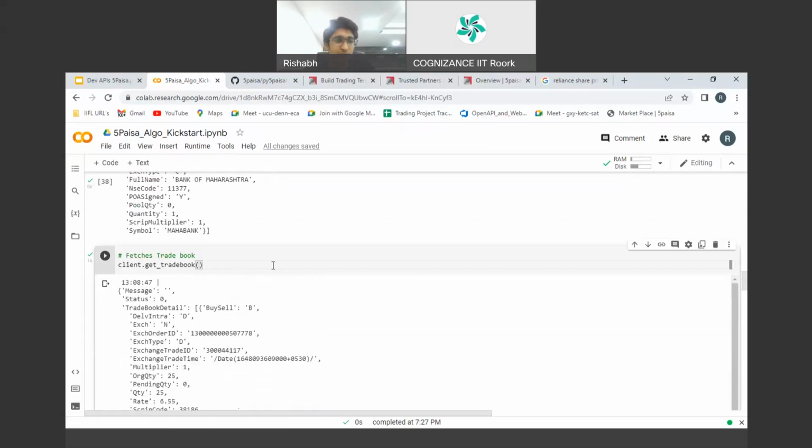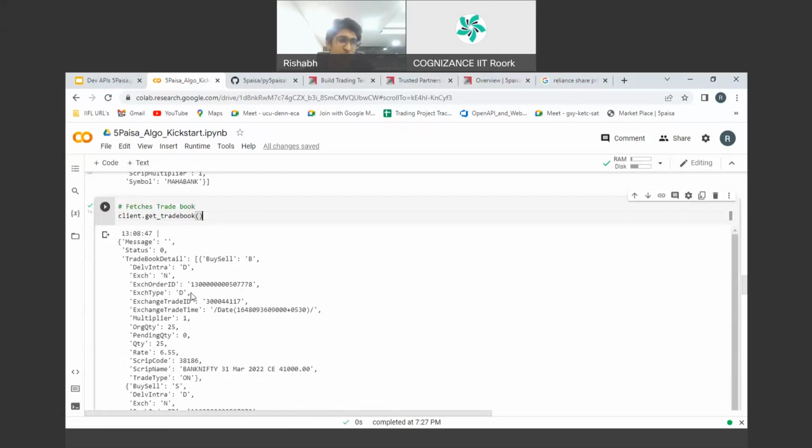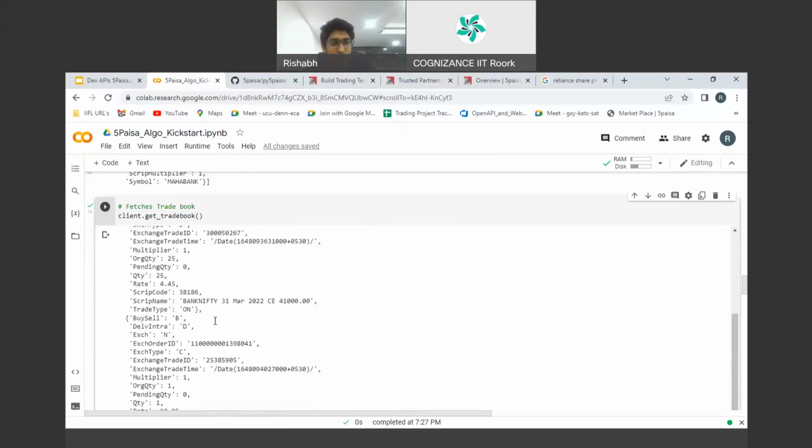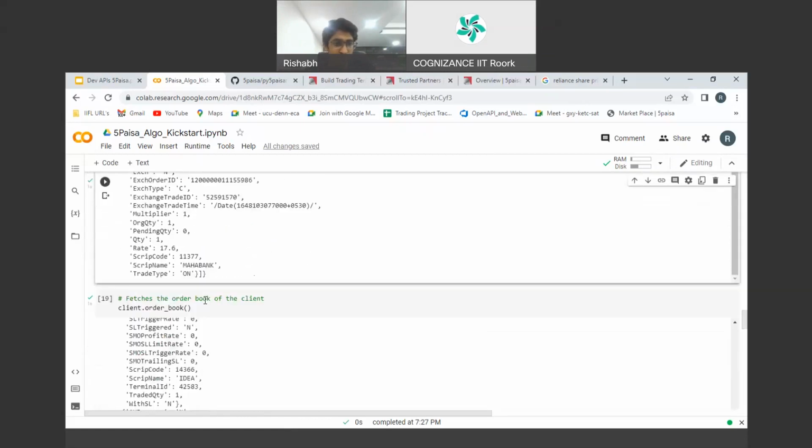Then you can see the information about the trade book. So this is what I had traded today. I had bought some stock. This was the script I bought, and the trade type, the quantity, the time I bought, then the trade ID, the exchange order ID. You remember that there are two APIs. One API sends the order to the broker, and the other API sends the broker's order to the exchange. So this is the ID from the exchange to the broker, right? We have all this information in this API.